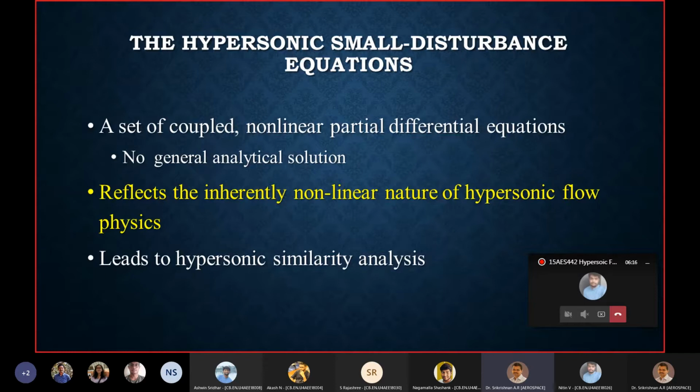We have seen that the steady forms of the hypersonic equations can be written in terms of small perturbations or small disturbances, that is, in terms of the velocity disturbances caused in the various directions by the presence of a slender body, because we are considering tau, the ratio of d to l, the transverse dimension divided by the streamwise dimension, to be a very small value, so that tau squared will be significantly less than 1 and